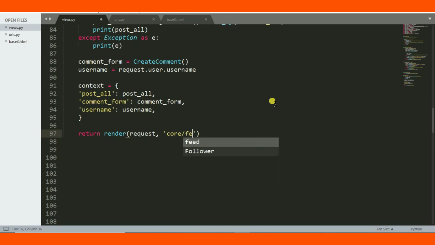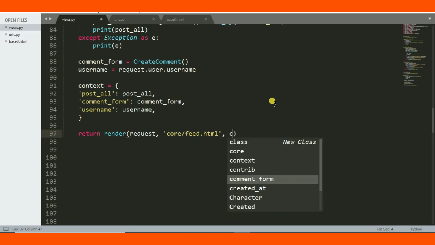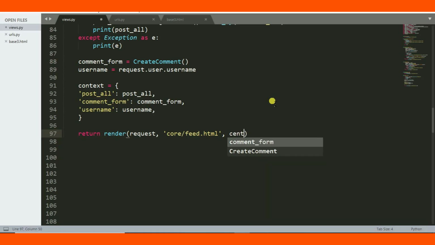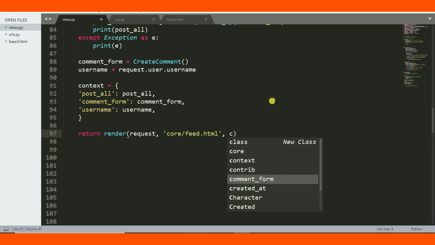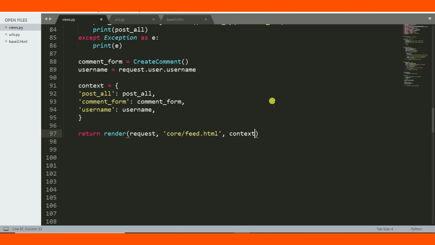feed.html. The feed.html is already created. As I told you in the beginning, most of the templates are already created. What we are going to cover is the back end, and some few explanations of front end, but specifically we are basing on Django, how we can create a multi-app Django social network. So here context,